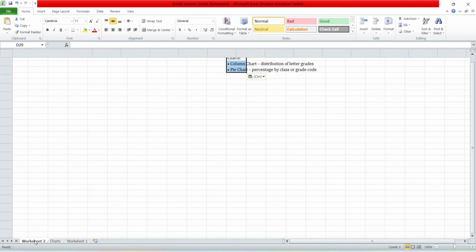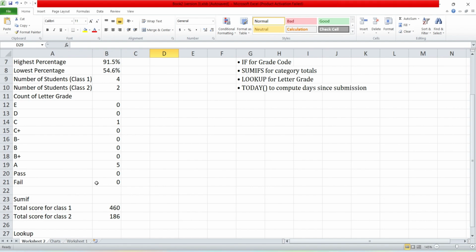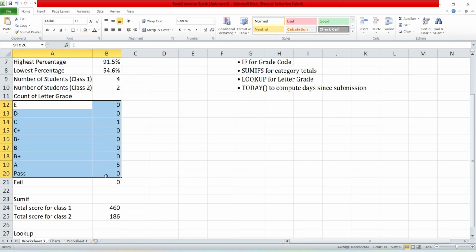All right. So I'm going to head over to worksheet 2. So first one we're going to do is to show the distribution of the letter grades on the column chart. That is to show how many of each letter grade that we have. So the data is actually here, so just want to highlight the letter grades. It's from A to E, and then